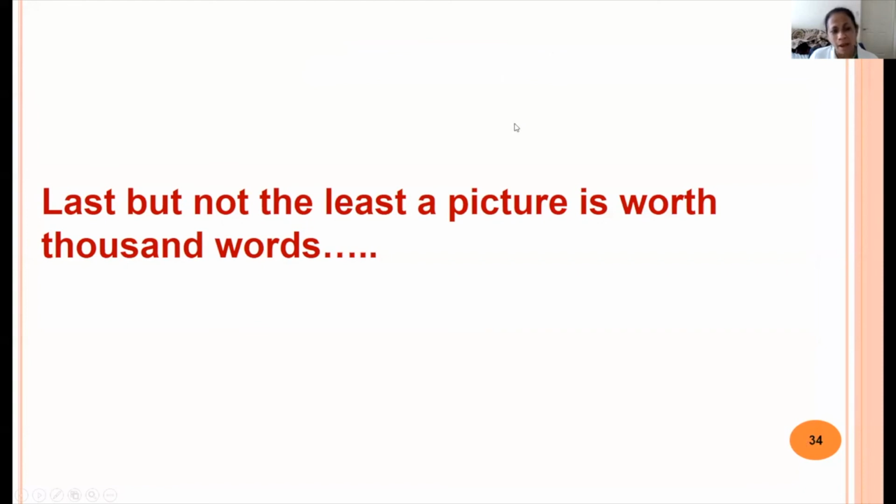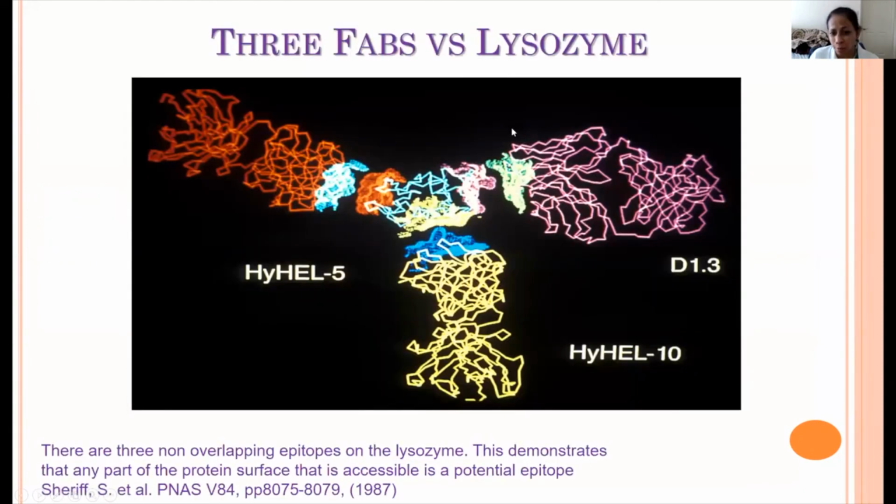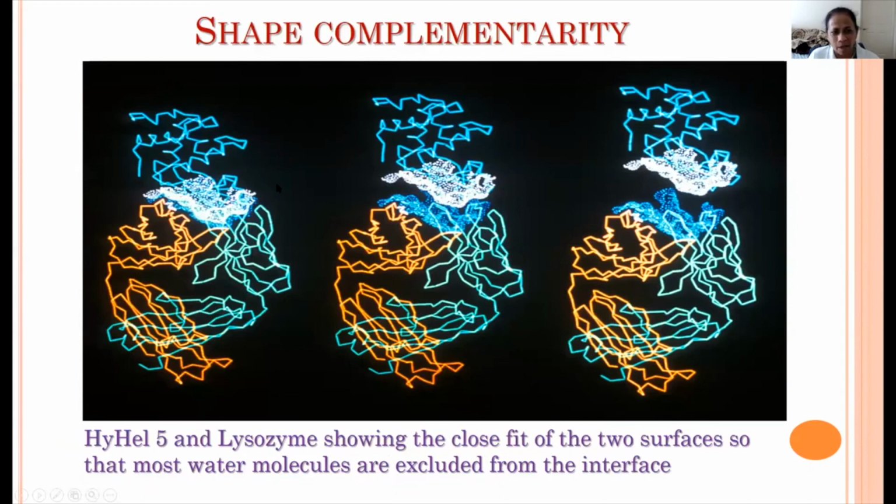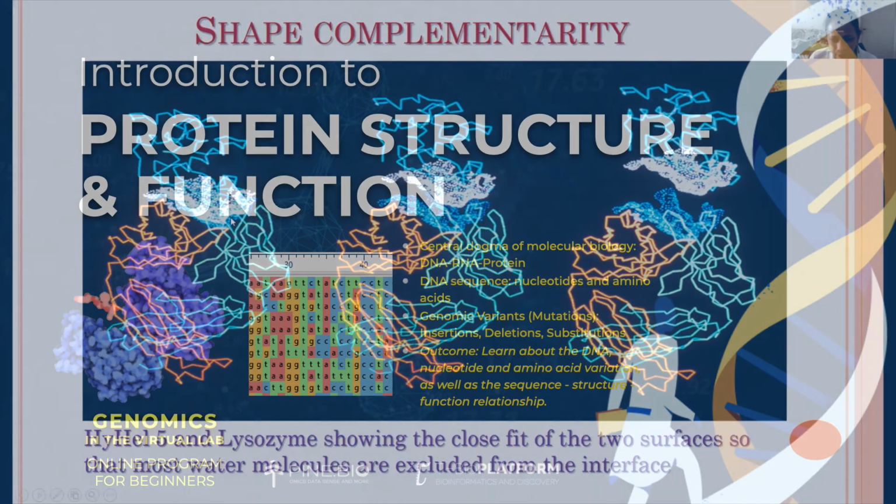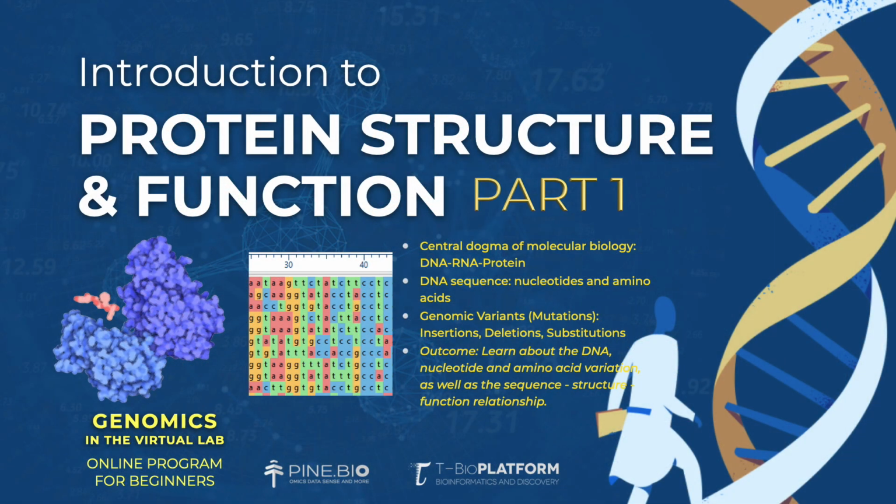And last but not the least, a picture is worth a thousand words, right? When you look at the picture, you know exactly where the ligand is binding. This is an antigen-antibody interaction. Without structures, you won't be able to understand exactly where things bind and what kind of interactions they take. Antigen and antibody work, as I'm sure you've learned, by shape complementarity and induced fit. When an antigen binds to an antibody, and this is true for any ligand-protein interaction, the minute they bind, they induce some conformational changes. And so it's kind of a fit,